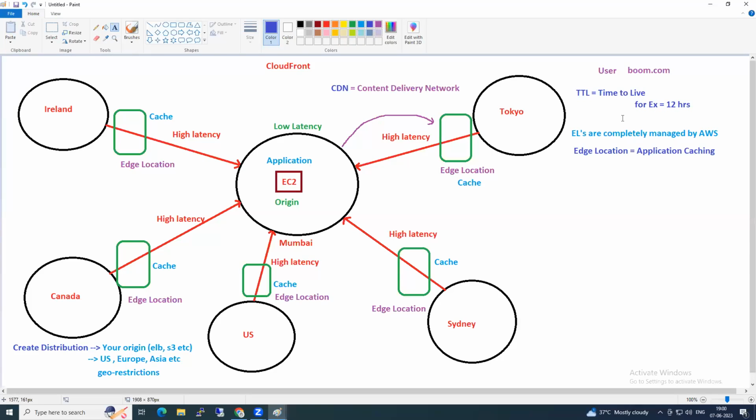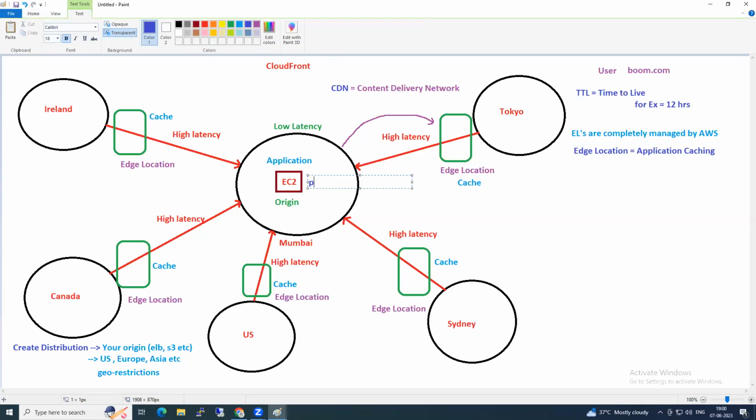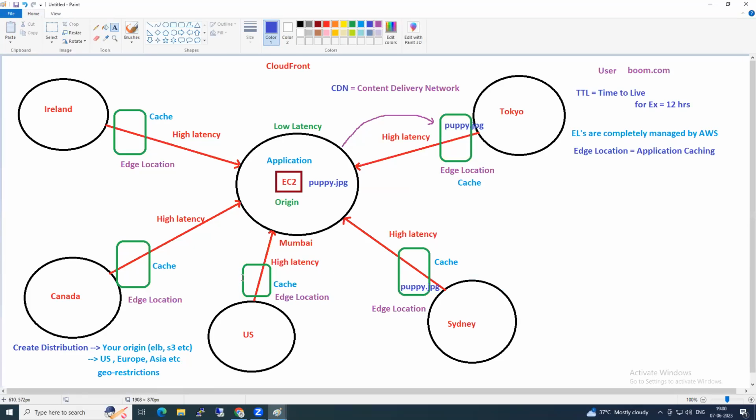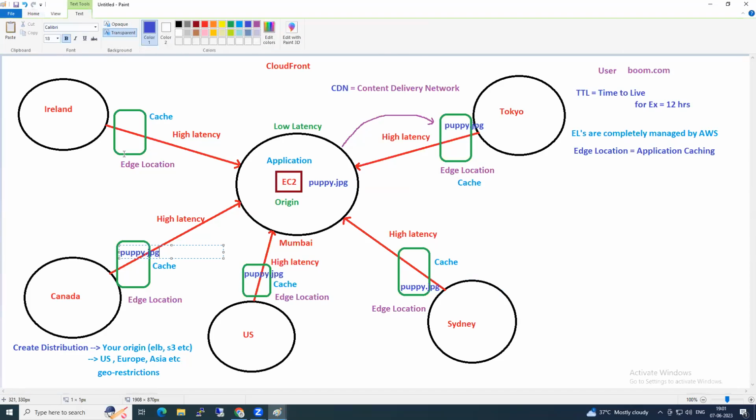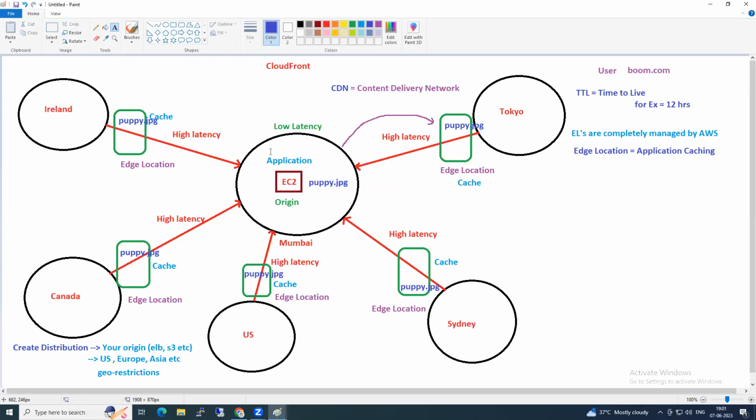That means your application will be cached in your edge location for how many hours? 12 hours. So let's say, for example, in my application, I have puppy.jpg. One photo is there. This will be cached in all my edge locations. Yes or no? Yes, it will be. For how long will it be cached? 12 hours.